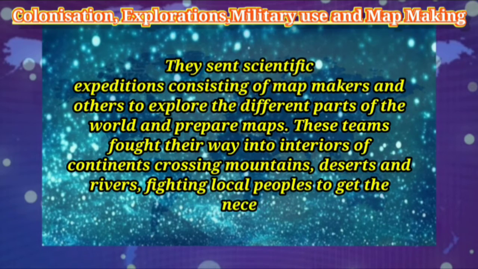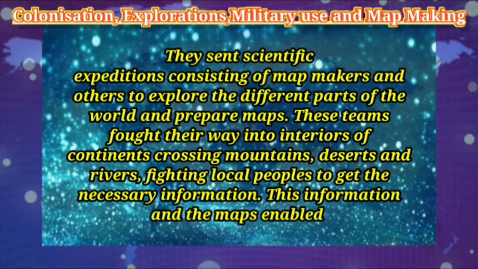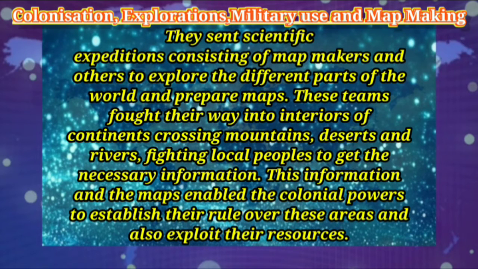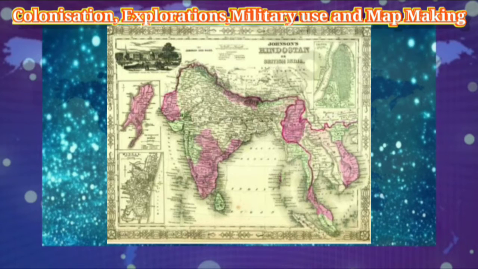maps. These teams fought their way into interiors of continents, crossing mountains, deserts and rivers, fighting local peoples to get the necessary information. This information and the maps enabled the colonial powers to establish their rule over these areas and also exploit their resources. When the British established their power in India, they began making detailed maps of the interiors